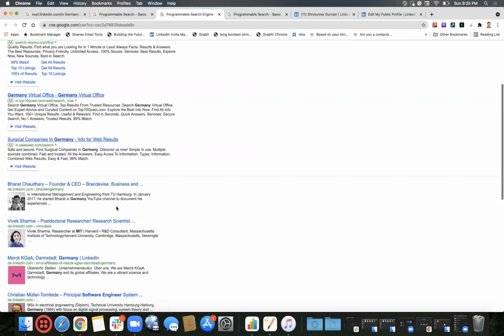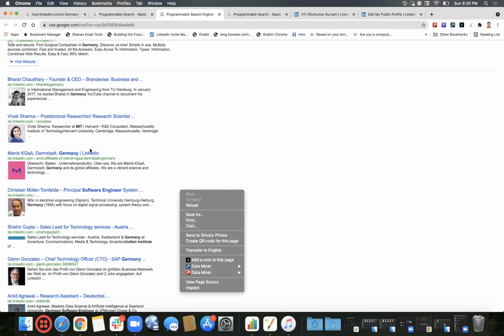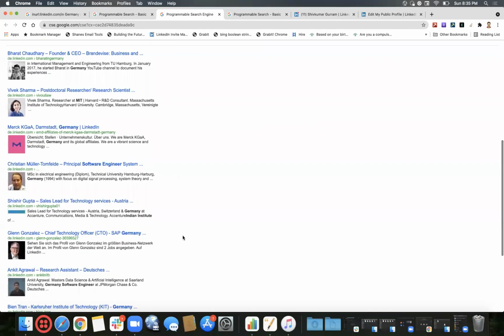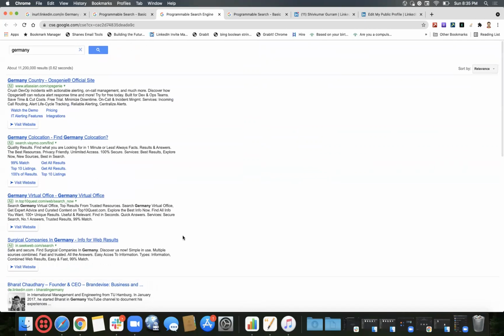As I mentioned, if Google remembers from its history the profiles belonging to d.linkedin.com, those will still come, like MIT and the Indian Institutes still reflecting. But LinkedIn centralized all the URL patterns across the globe to linkedin.com/in about 3-4 years ago. After that, profiles created might not pop up. But this is still a good option if you're searching for profiles with a minimum of 5+ years of experience, because before that it was always country specific.